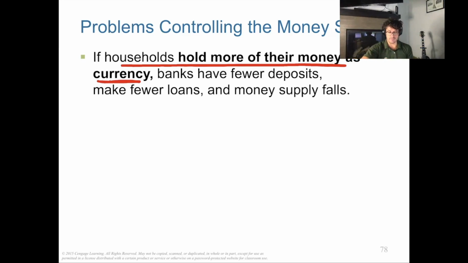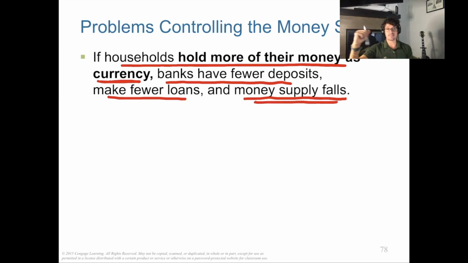Then banks will have fewer deposits. So they will make fewer loans and therefore the money supply will fall. So in a system where people don't believe in banks, there is going to be a reduction in the money supply. If you start doubting that the bank will repay you, you will put less money in the banks, therefore banks will lend less, and therefore there will not be this money multiplier mechanism in place,